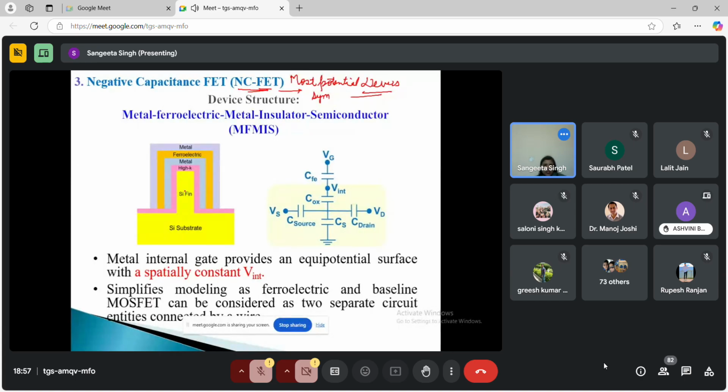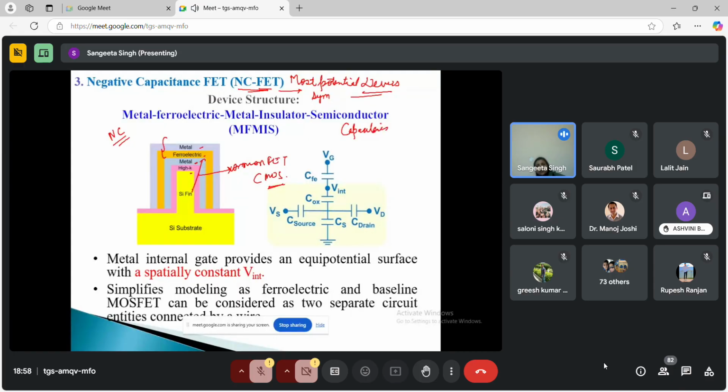Please see, this is silicon. Above silicon you have a high-K dielectric, and above this you have a gate metal. So up to this place, this is a common FET or common CMOS. But after this, what are you having? You are having a ferroelectric material, and above this ferroelectric material you are having a metal layer. So this is making it a negative capacitance. So this concept of negative capacitance: